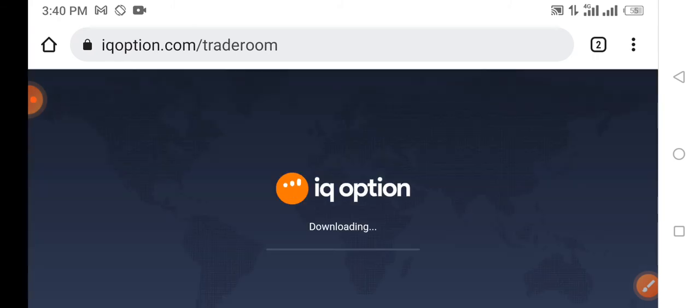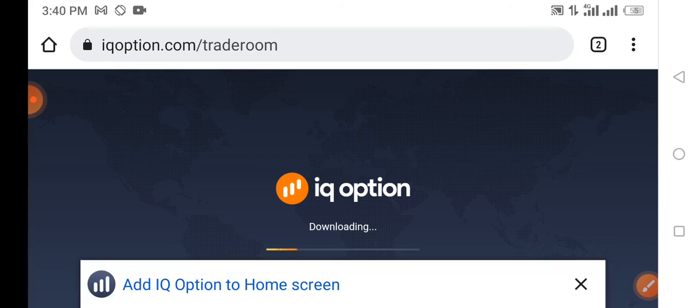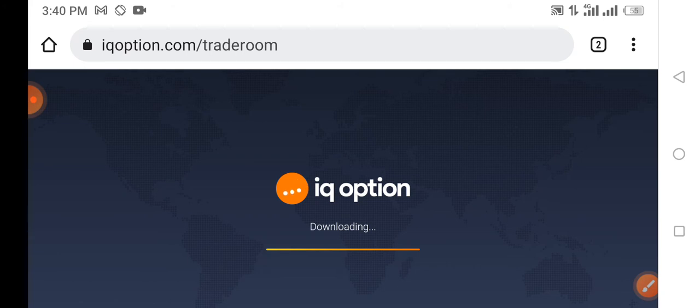So this is a simple app in the online trading industry. It recommended me to download the IQ Option app, but I am using the online version,